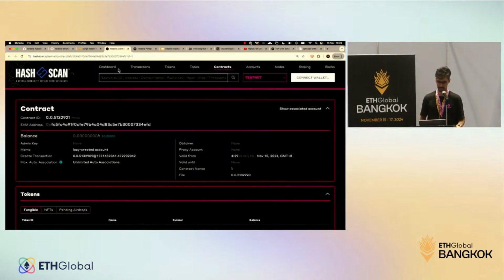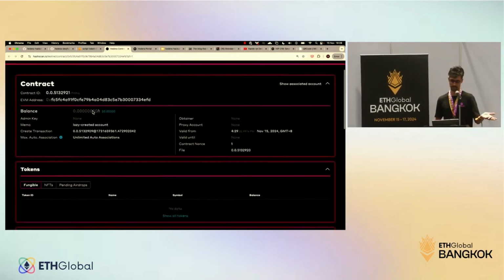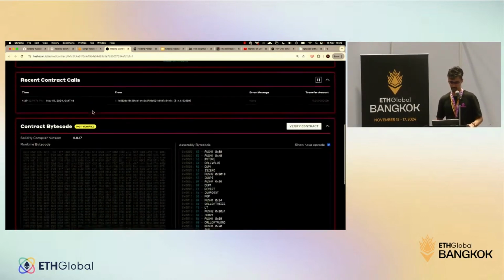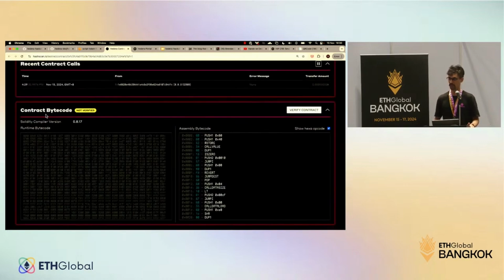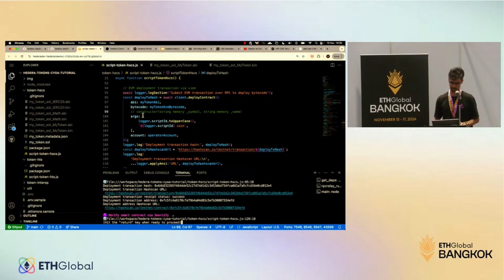And we can see over here that we have the smart contract that has been successfully deployed, and you can see it on the Explorer. Now, what you'll see here is smart contract bytecode. Not very useful. It's not human readable. So other developers who want to interact with your smart contract, you know it's a token, but they may not